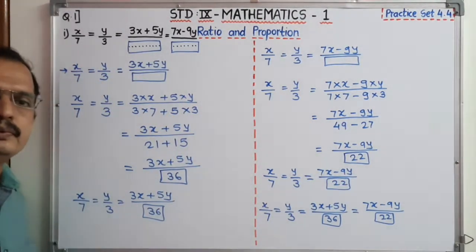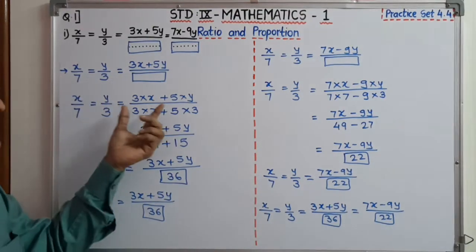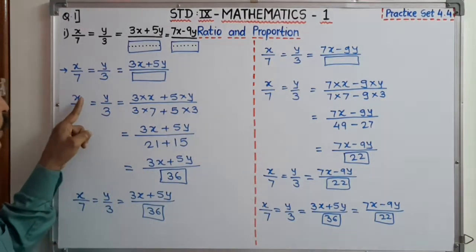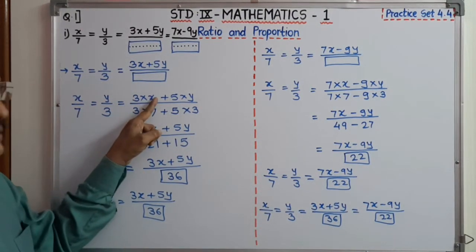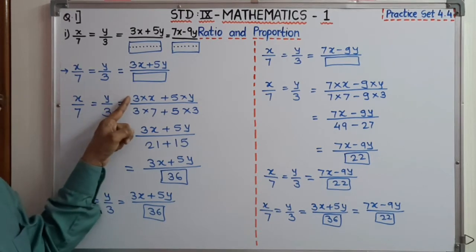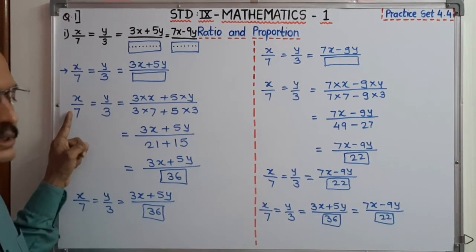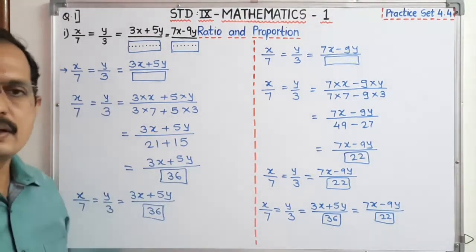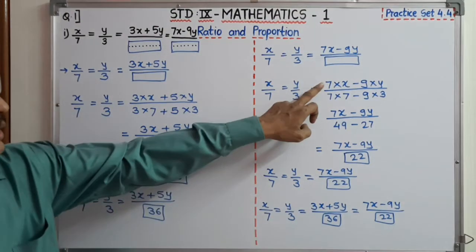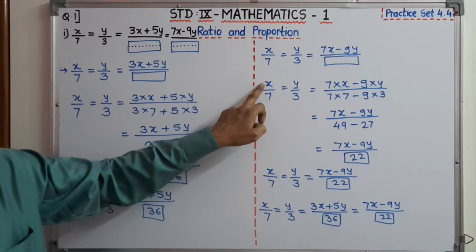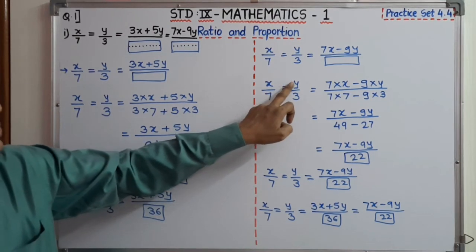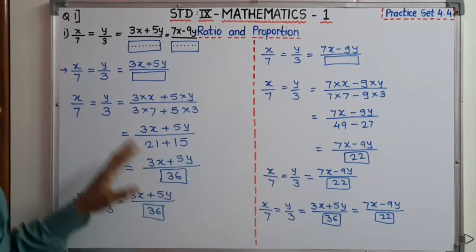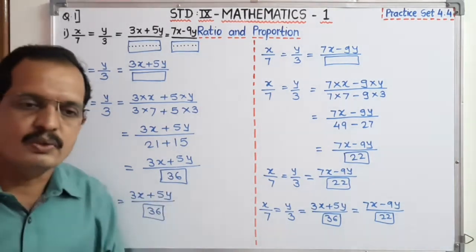Got it? Very simple. First of all, we have to observe, see here, addition is there, therefore we can write here theorem on equal ratio. First of all, we have to identify how this 3x is there. That means this x is multiplied with 3 and therefore we multiply this 7 with this 3. That is, if we divide and multiply by the same number, then the ratio will remain the same. Here also it is 7x, that means x is multiplied with 7. Here also we have to multiply 7. This y is multiplied with 9 and this 3 is multiplied with 9. In this way we completed the first question. Now we have to start with the second one.